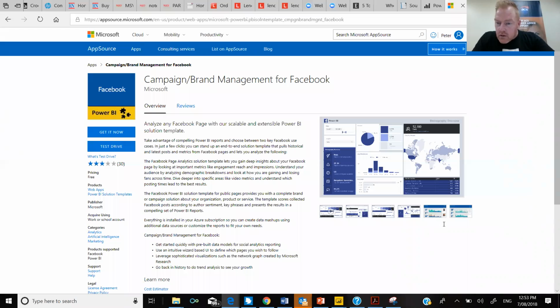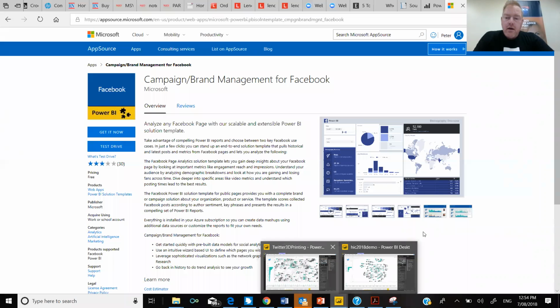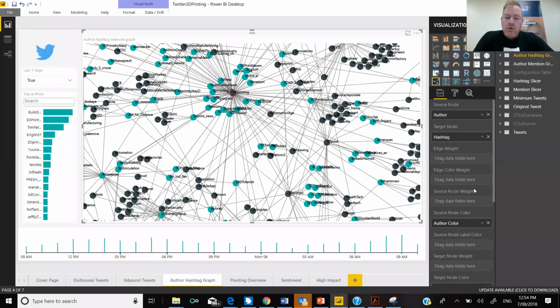Can a local firm use this technology to promote their business? Absolutely. For example, like what I've done here for the 3D printing example, you could just run the analytics for 24 hours and save that, stop it so you don't get charged, and then kill it all, delete it all.